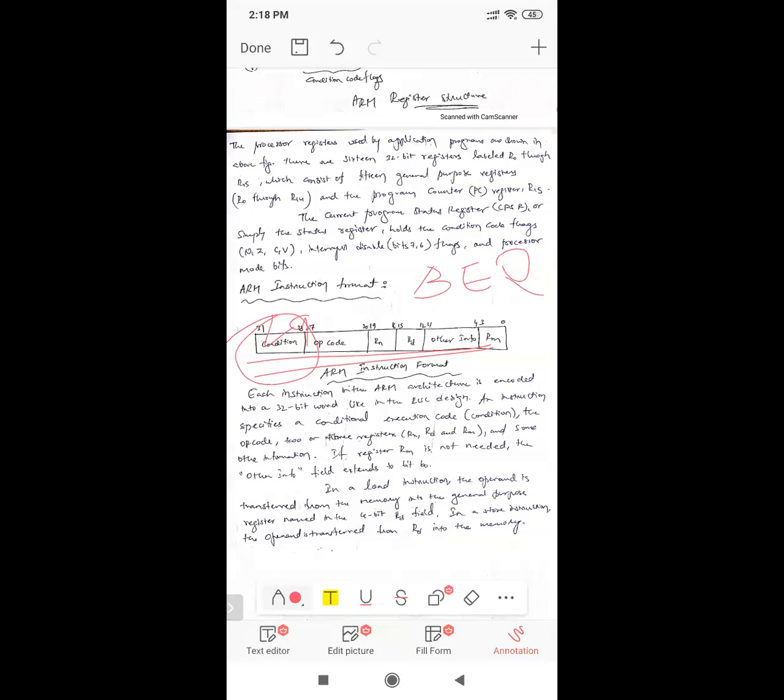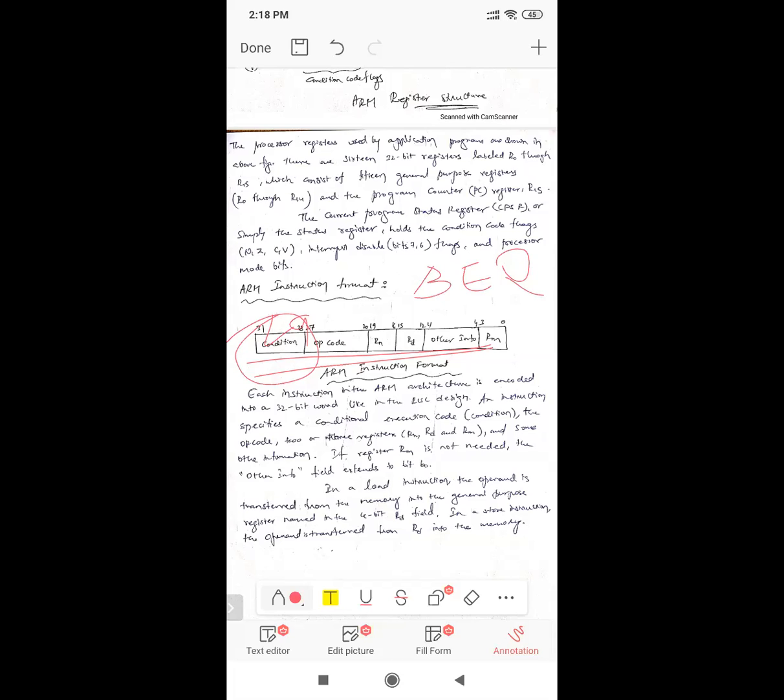If both are equal, a minus b is equal to 0 and the Z flag becomes 1. Z flag equal to 1 means all bits are zeros, that is a minus b is equal to 0, then a equals b and both are equal. If the Z flag is equal to 0, the result is not equal to 0, and it contains some one bits, a is not equal to b and the condition is not satisfied. The program counter executes the next instruction in sequence, but not the branch instruction. It continues executing without performing the branch operation.